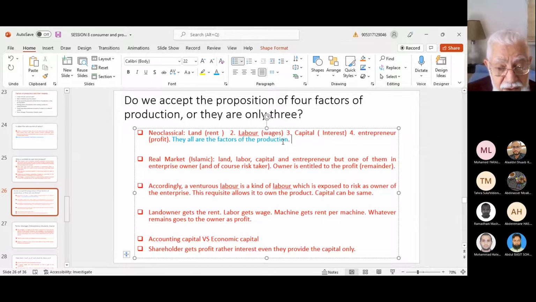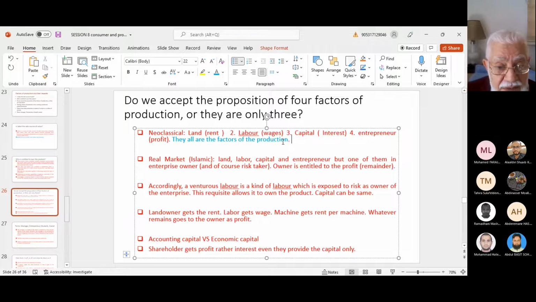The factors of production are the entrepreneur who runs and puts together these elements, and of course the machine which was rented, the labor which was also kind of similar to rented, hired, and the land, which is also hired. So all factors of production that contribute to the production are hired by the owner of the financial capital. But what does the financial capital own then? It owns the project. And by virtue of owning this project, they deserve the profit.